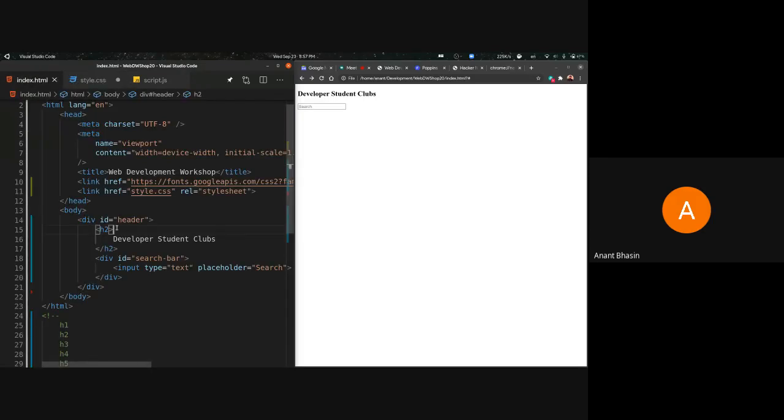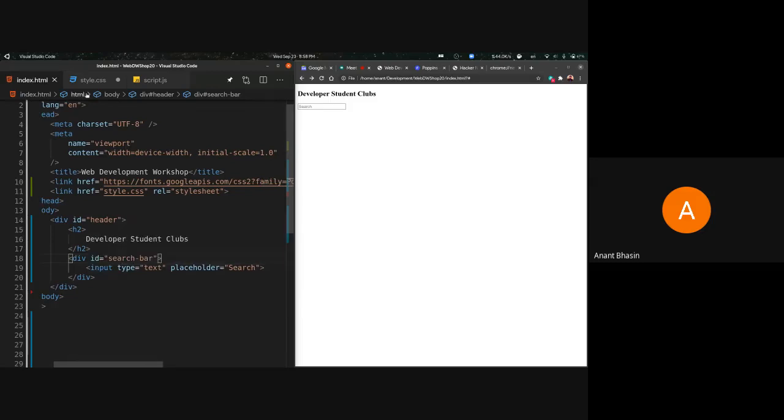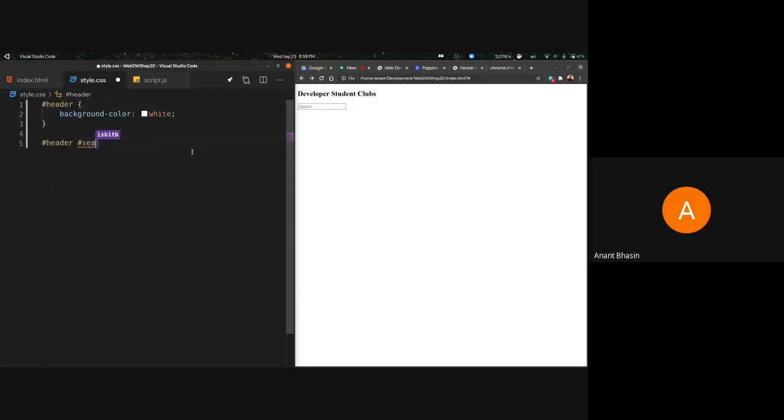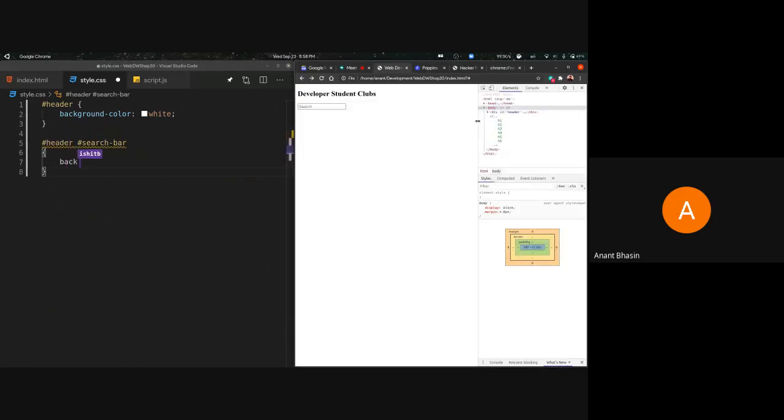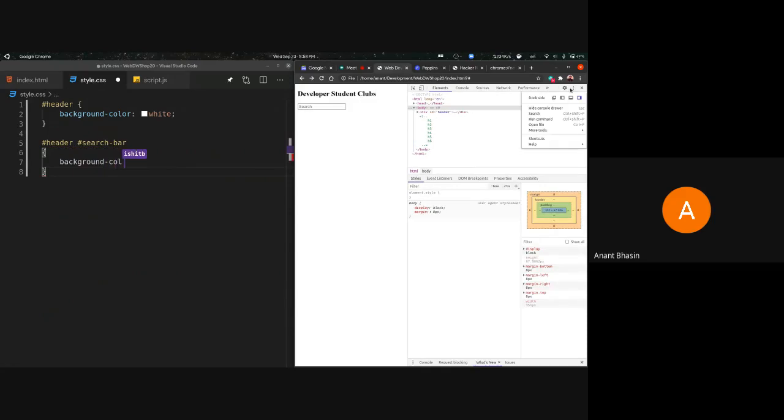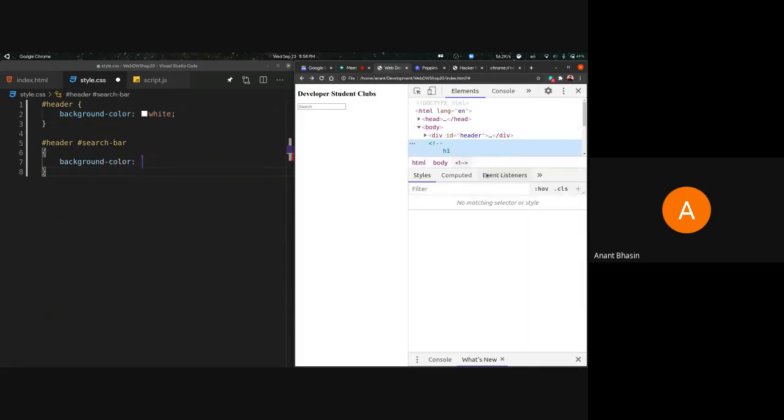And then inside of that header div, we have an H2 tag, which has developer student clubs. And beside that H2 tag, we have a div with the ID search bar. And inside of this, we have an input. As he's coding on the left, let me show you the hierarchy on the right on Chrome. If I could just make this a little bit bigger. Yeah, I can.